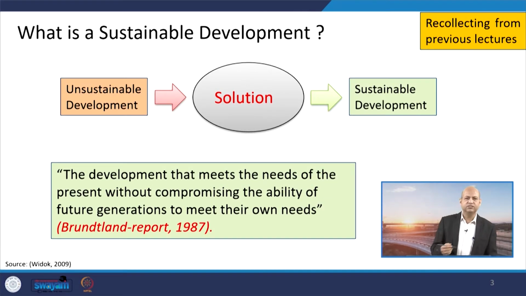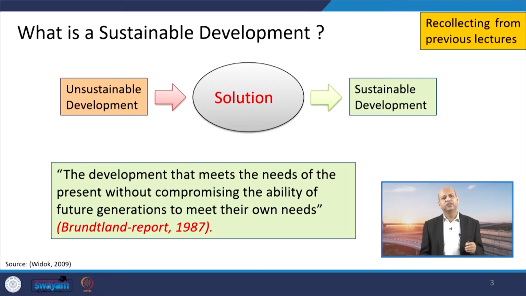Let us revise a few things which are the basics or fundamentals of sustainable development or sustainable transportation. These are things you have already seen, but let us revise them so that we can make a basis to go further. When we talk about sustainable development, what is it? There are many definitions, and the most popular is based on the Brundtland report in 1987, which proposed that it is development that meets the needs of the present without compromising the ability of future generations to meet their own needs, but it is debatable.